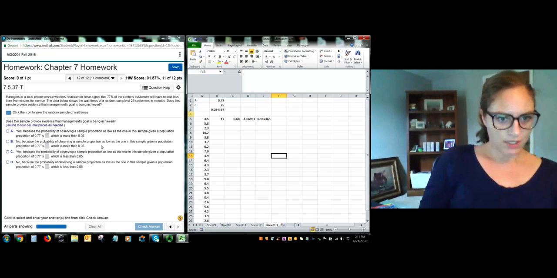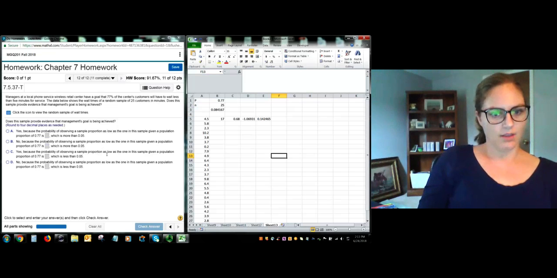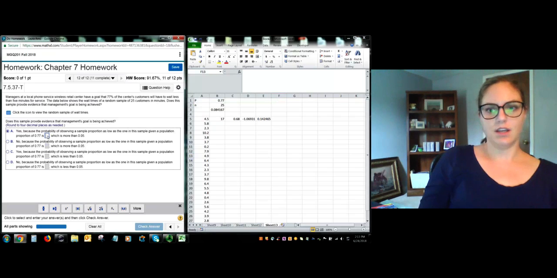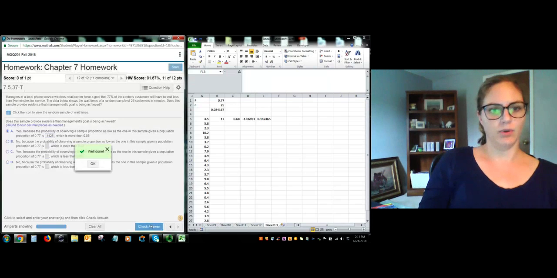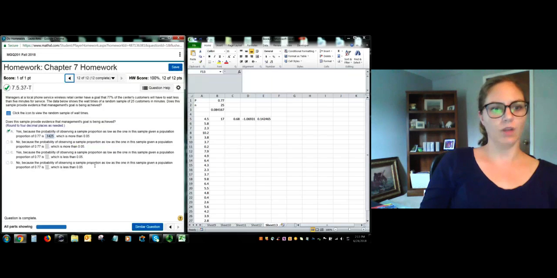So let's see. Yes, because the probability of observing a sample proportion as low as this one in this sample, given a population proportion of 0.77, is, in this case, 0.1425, which is more than 0.05. Okay, and so again, that's